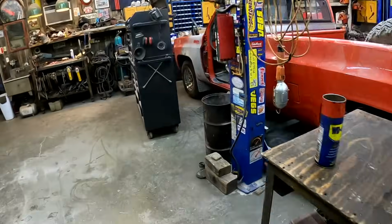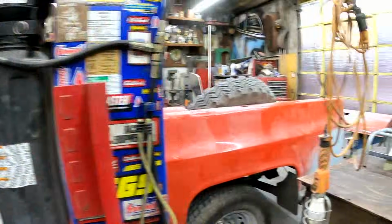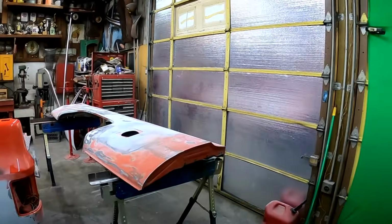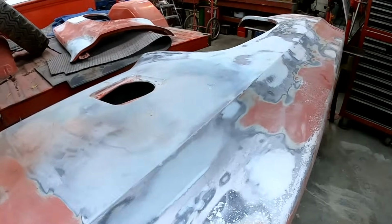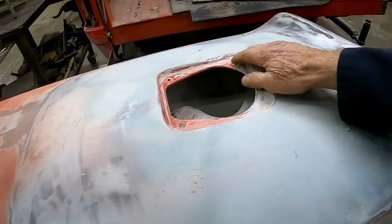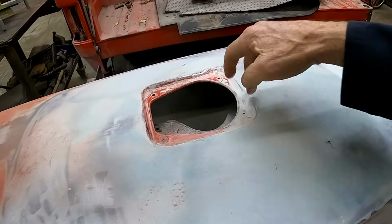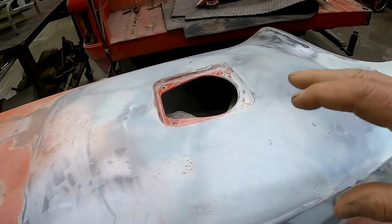That one's ready. Yeah, that one's ready. I have to look on the other side. I know one door, the driver's side door, is ready for primer. He worked a long time on this. It still seems like it's a little high there, but I need to find the other door to go in there and take a look at it. But anyway,